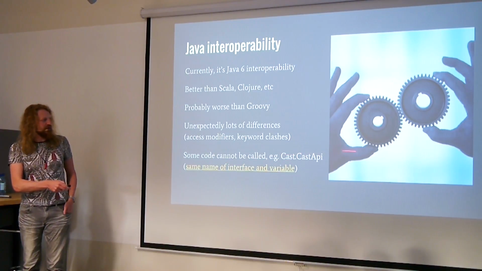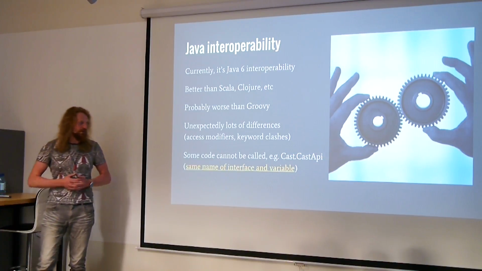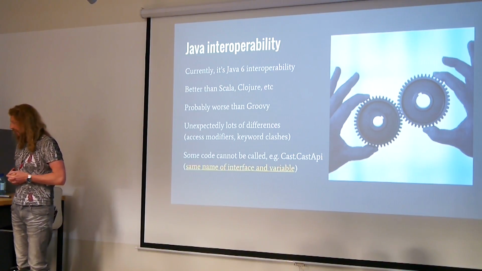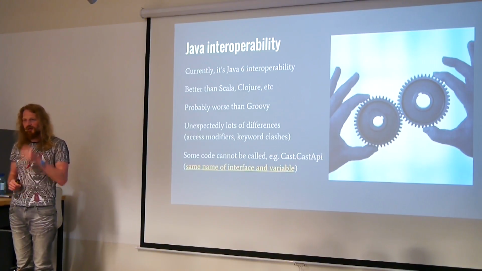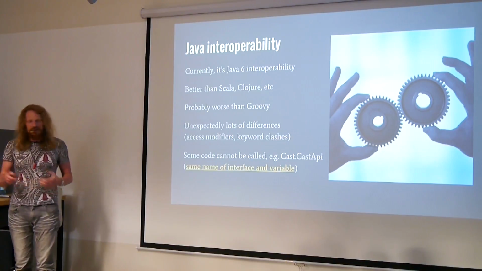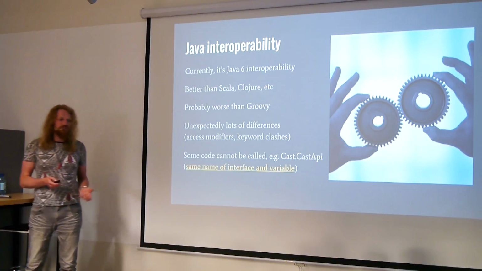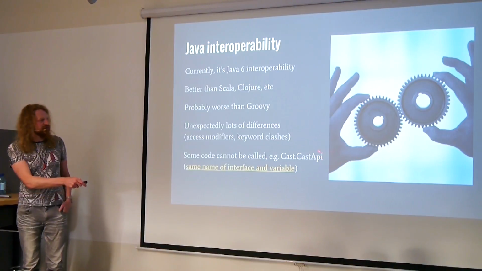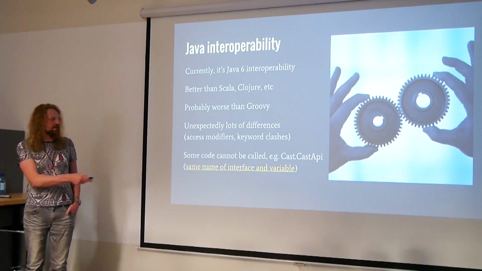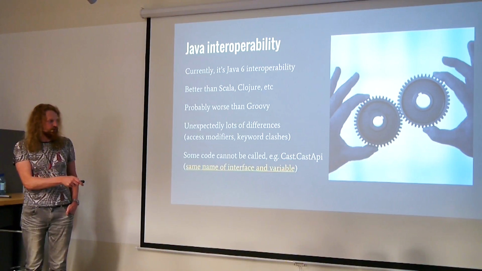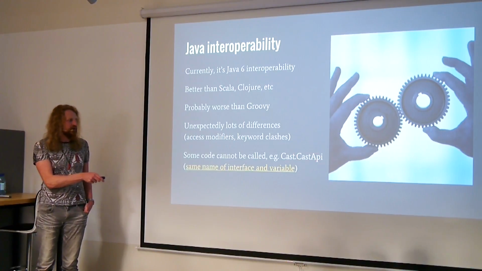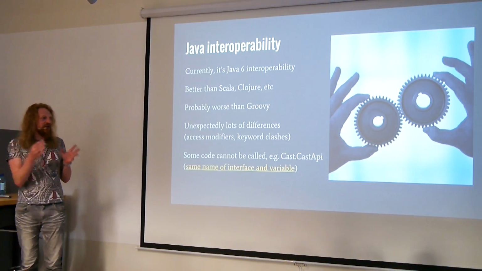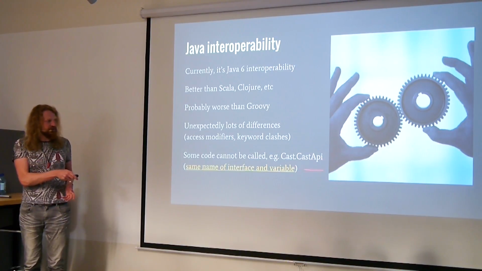And for this one of the bugs, it's one of the Android APIs for Google Cast. You actually cannot call it directly from Kotlin. It will not compile. The thing is that in Java or in Android APIs, Google sometimes uses the same name for an interface and a field. Inside of the Cast class, there are two things. There is a CastApi, which is an interface. There's also a CastApi, which is a field which actually implements that interface.